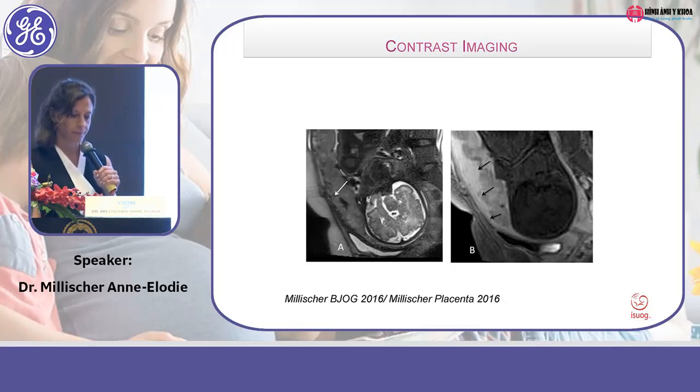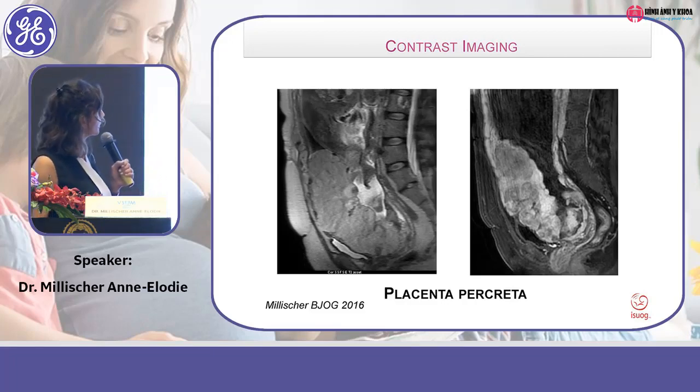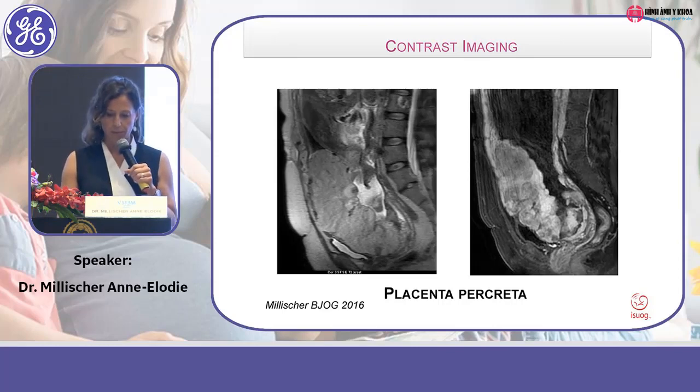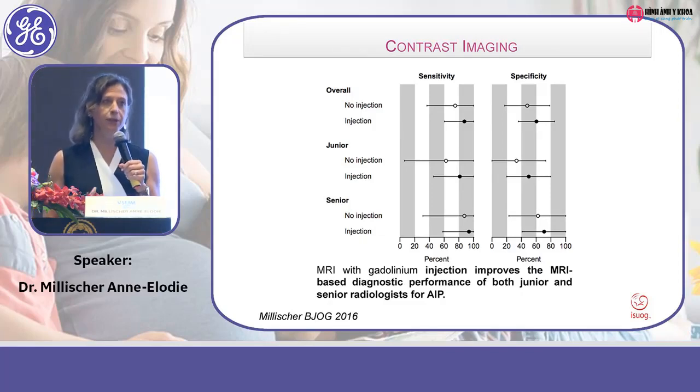Và người ta xem xét là sẽ tiêm thuốc cản quang vào để đánh giá tốt hơn khi mà so sánh hai cái hình, một bên có tiêm, một bên không tiêm. Thì mình thấy tiêm thuốc cản quang nó sẽ làm tăng cái mức độ tương phản, rồi mình sẽ chẩn đoán dễ dàng hơn. And we demonstrated that for junior radiologists, with radiologists who are not very experienced in this